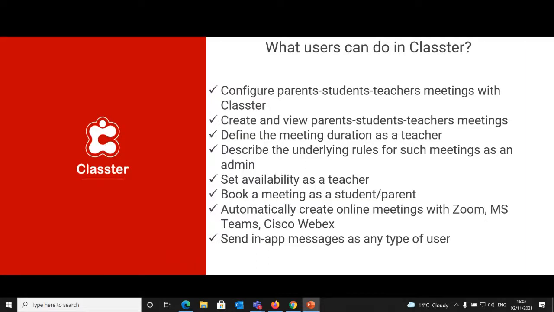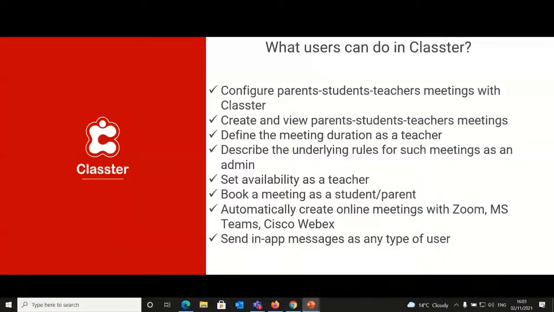So what can a user actually do in Classter in this functionality specifically? We can configure parents, students, teachers meeting with Classter. We can create and view these meetings. We can define the meeting duration as a teacher. We can describe the rules needed for these meetings as an administrator. We can also set the availability of the teacher. We can book a meeting as a student or as a parent. We can automatically generate online meetings via Zoom, MS Teams, or Cisco WebEx, and send in-app messages as any type